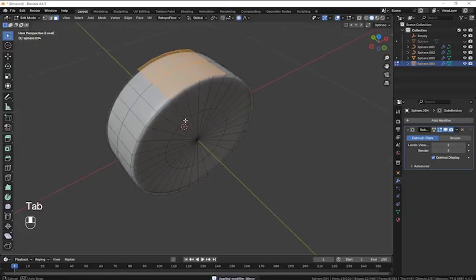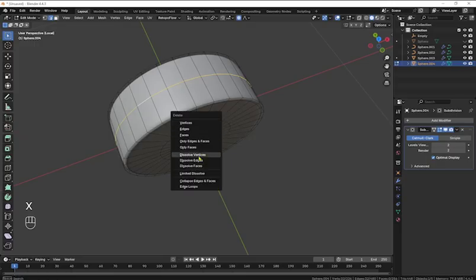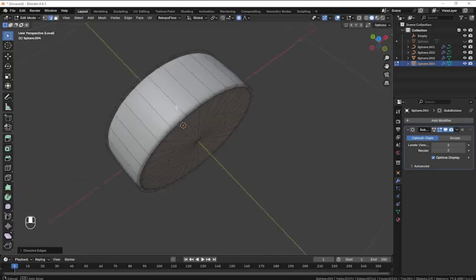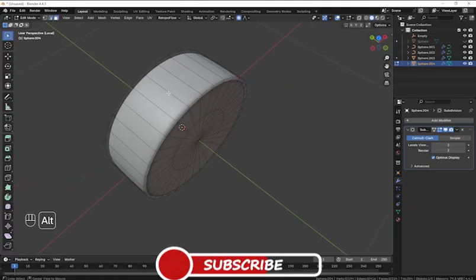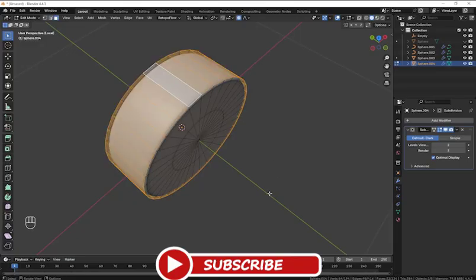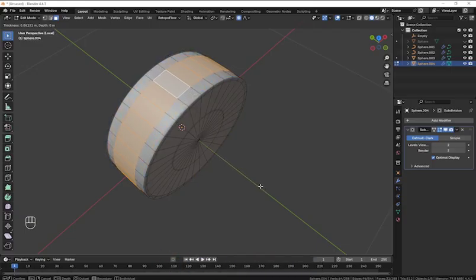Then let's tap back to our edit mode, and then we are going to select this edge in the middle here. So come to edge select mode, Alt, and then select, and then press X on your keyboard, and then dissolve edges. Okay, and then go back to your face select mode, and then hold down the Alt key and select, and then you're going to use the I key to insert, then create this incision over here. Okay,